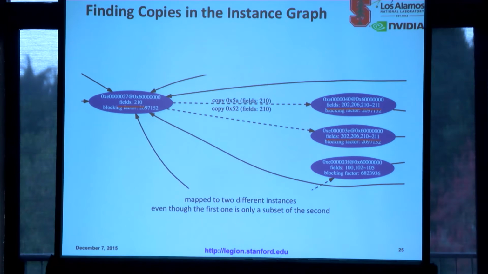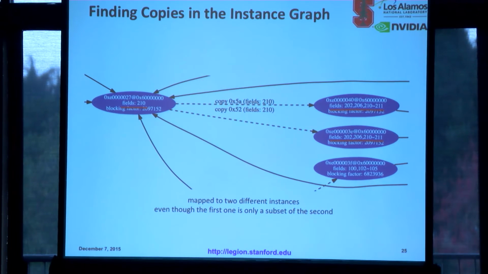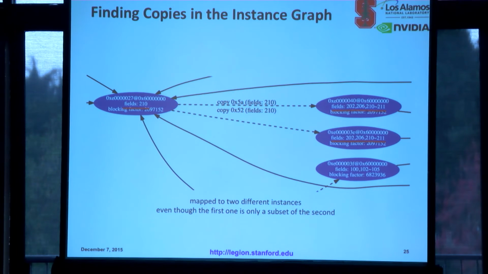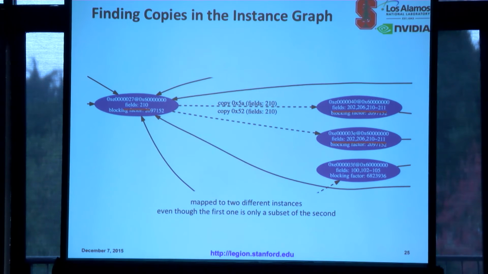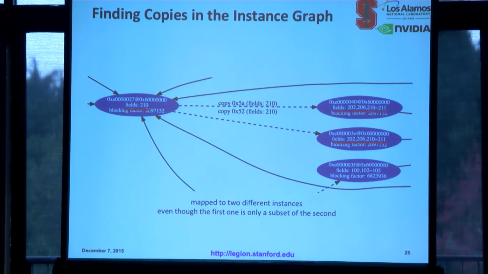One of the things that we learned doing S3D that we haven't really generalized yet to things like Legion Spy and Legion Prof, but we realized is very important, is we built some tools to process S3D performance data, and it looked for what we were calling anomalous behavior. Effectively, how do you recognize the interesting timeline, right? The one that's bad, or the few that are bad, as opposed to seeing the whole 10,000 of them and having to look at them all individually and process them as a human. How can you actually realize where the anomalous behavior is? So we had some very specific tools that did this for S3D, and they could scale out to 10,000-plus nodes. We haven't actually bothered to generalize that yet to Legion Spy and Legion Prof,